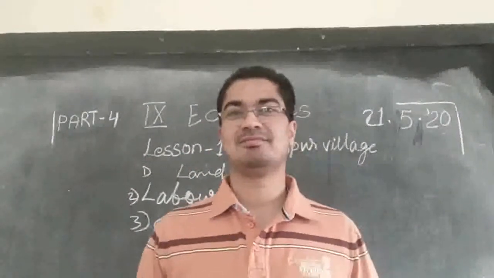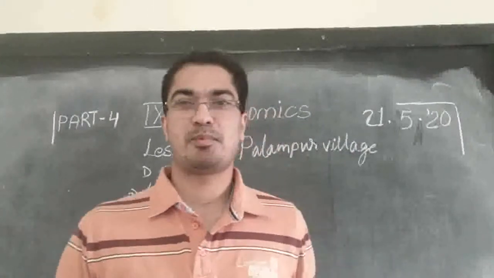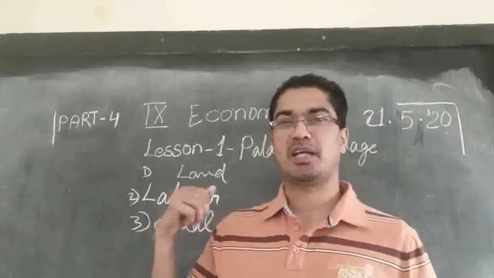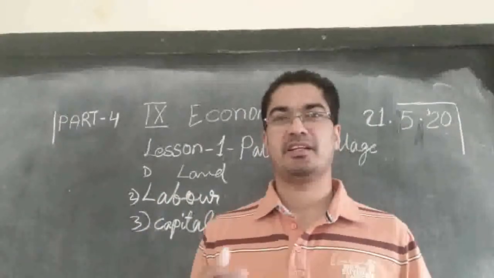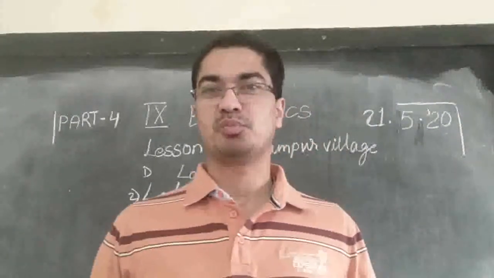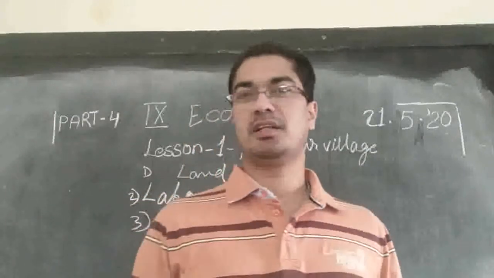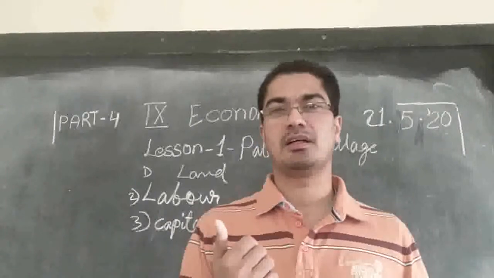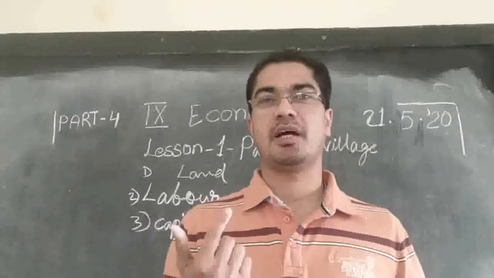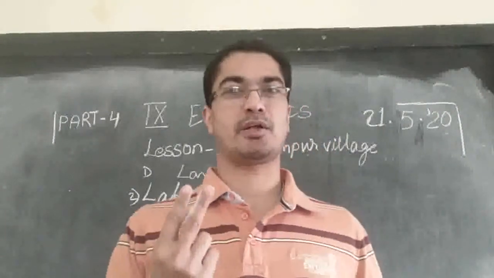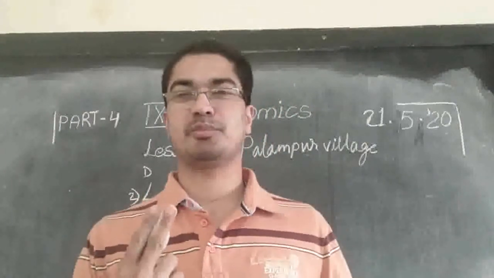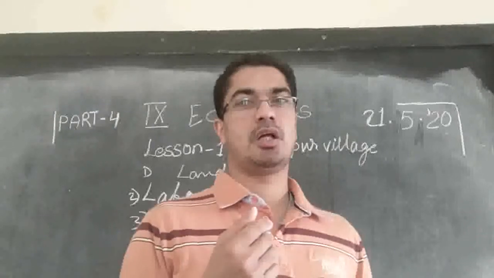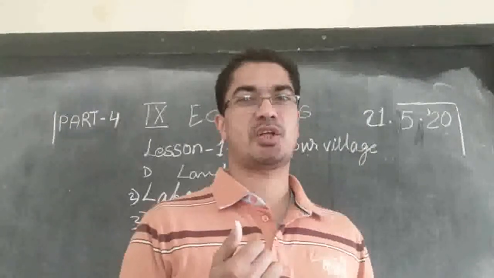Hi, welcome back. And we are still dealing with our story of Palampur village in connection with the factors of production. We said the main factors of production are land, labor, and capital. We said there are two types of capital. I hope you remember in the first day of the class we said one is working capital, another one is